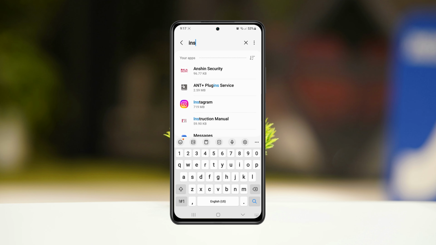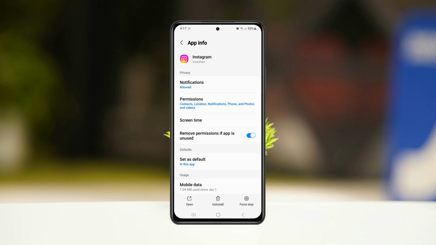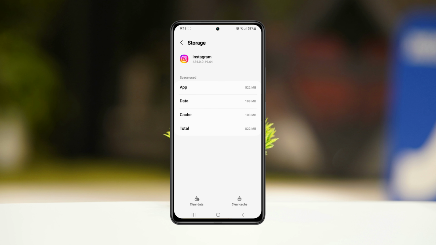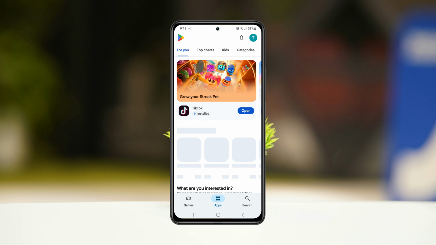Once you search with Instagram, you'll get the Instagram application. Go ahead and tap on it, and from the Instagram app info, you just need to scroll down a little bit and tap on the storage. And once you're here inside the storage, tap on clear cache, and once you do that, you're pretty much good to go. Just get back from here and then simply go and open up the Play Store and then search